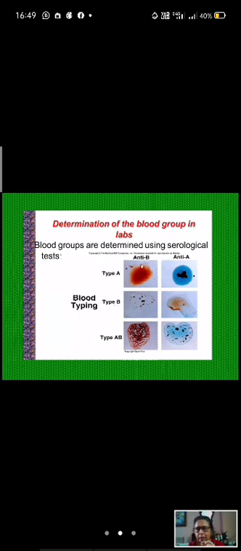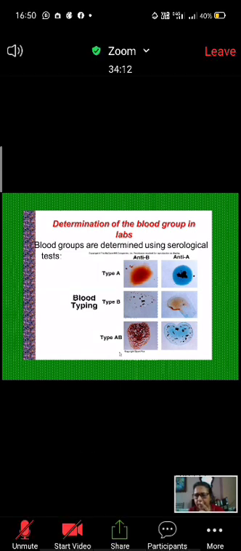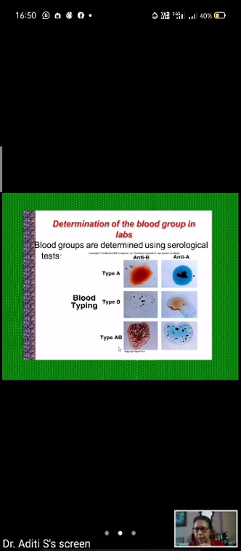Similarly, this is anti-B antisera and this is A antisera. The type B, whose blood is type B, एंटी बी के साथ क्लम्प हो गया, मगर एंटी ए के साथ कोई क्लम्प नहीं है. ठीक है, because the person containing type B antigen, उसको प्लाज्मा में ऐसे ही एंटी ए रहते हैं. Antibody is naturally occurred. So there is no clumping here, it is clumping here. And AB means both A के साथ क्लम्पिंग हो गया, B के साथ भी क्लम्पिंग हो गया. That means the person's blood group is AB.